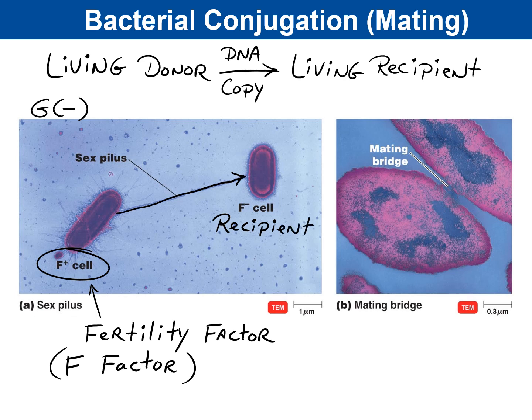The recipient receives the DNA that's donated over from its F positive donor. So the F positive is the donor. And this is a very important way in which bacteria may be able to then share genes across the same